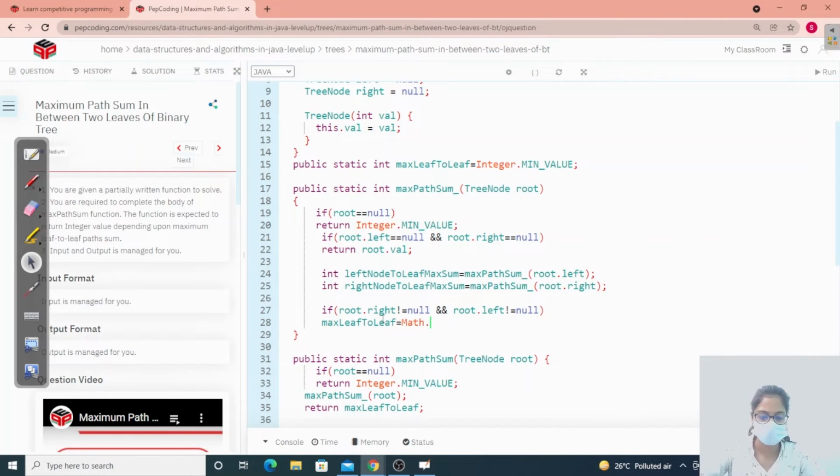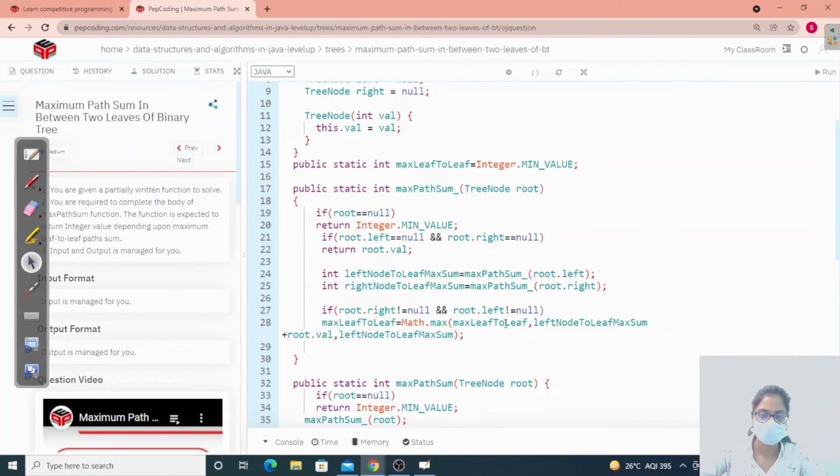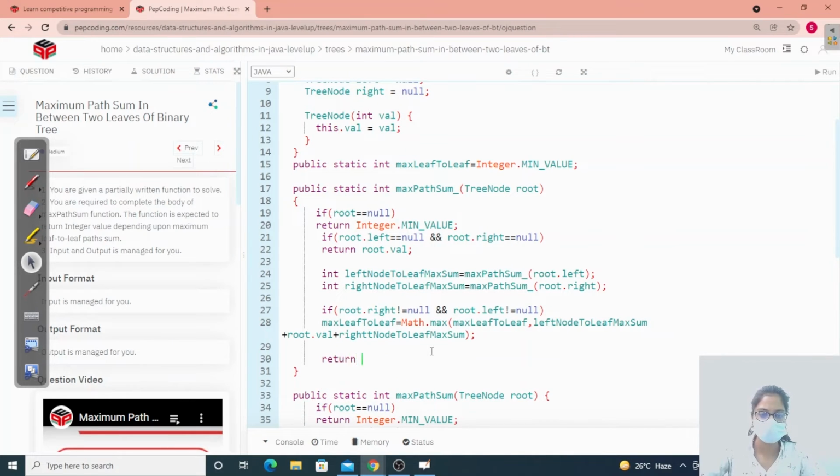Compare with Math.max, this will be right. And then we have to return